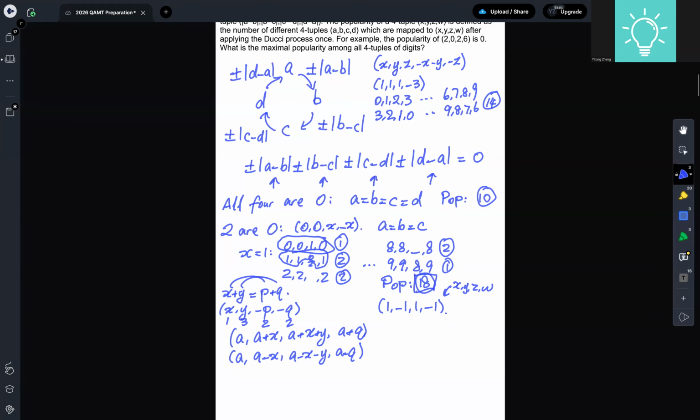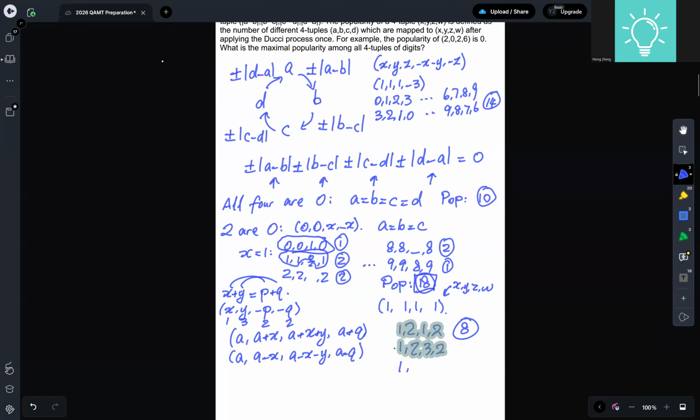What's the popularity of 1, 1, 1, 1, for example? Well, if I go 0, 1, 0, 1, that works, right? And I can add 1 to it, I can add 2 to it, I can just start from 0 up to 8. There are 8 different choices, right? Maybe if I go 1, 2, 1, 2, and then we get back to 1. 1, 2, 3, 2, I get back to 1.